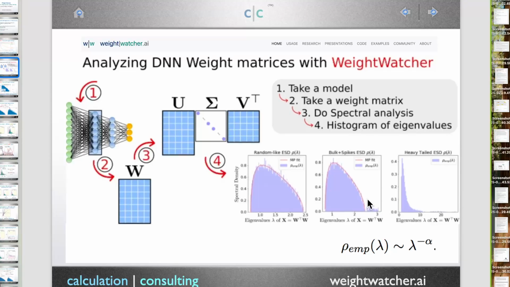Now, you could think of this as kind of doing PCA. If you had a weight matrix and you did PCA, when you start off, you might see, well, there's nothing there. The weight matrix is totally random, and I can fit the histogram to something called random matrix theory. This MP, this red line, is Marchenko-Pastur theory. So it turns out if you have a random matrix, you can describe its eigenvalue distribution using random matrix theory. This was developed in the theoretical physics community, in nuclear physics, and later some mathematicians have worked on it.